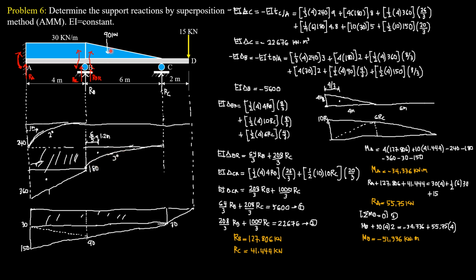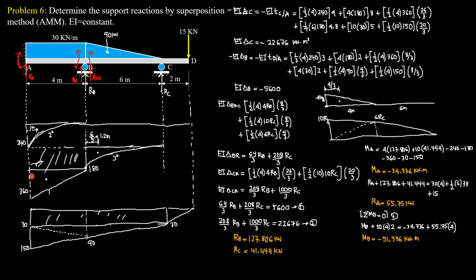Then imagine the equivalent load of 90 kilonewtons, 1/2 of 6 times 30 is 90. There is 90 here. So the moment at the wall is 90 times 4, so 360. So this is the moment diagram at wall A due to this triangular loading. So we have a third degree curve, then we have the moment at B, which is 180 extended. Then the moment of the equivalent load of 90 at B, 90 times 4 is 360.